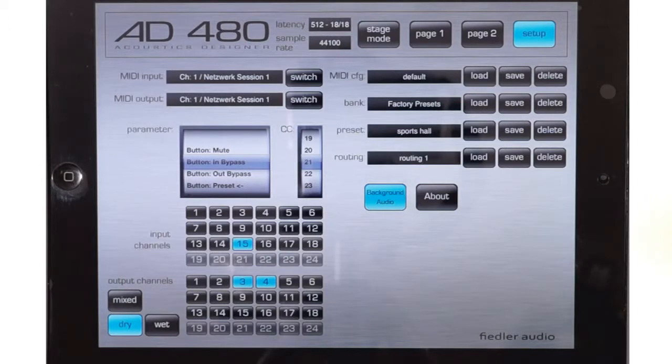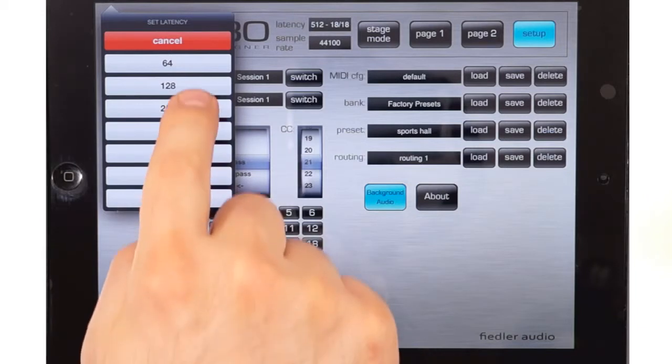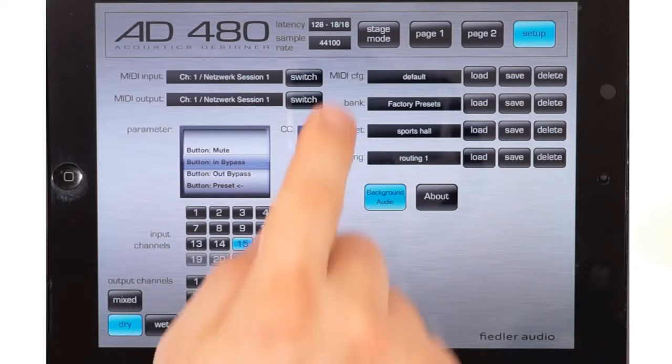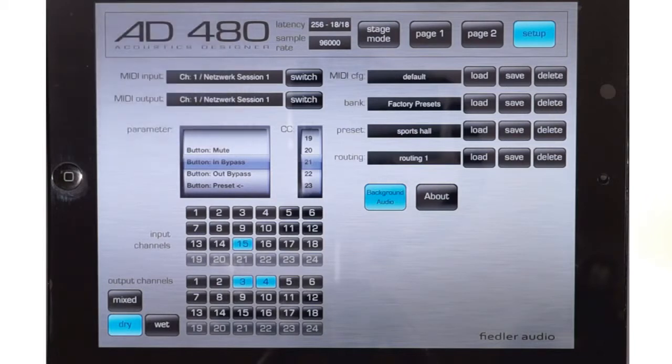In this case, you can change both values by tapping on them at the top of the setup window. If you tap it, a dialog opens and you can select the desired value. If you change the sample rate, then you can choose sample rates of up to 96 kHz. It depends on the performance of your iDevice if it is really possible to work at such a high sample